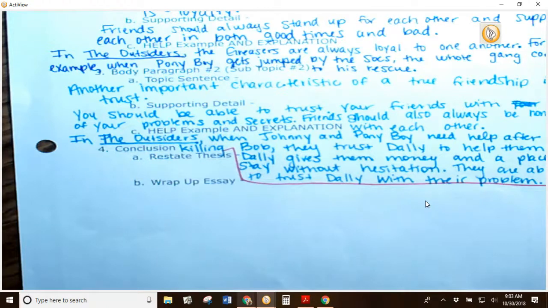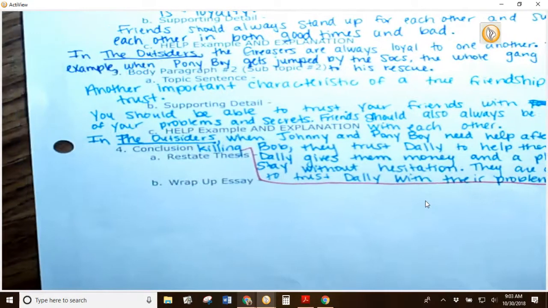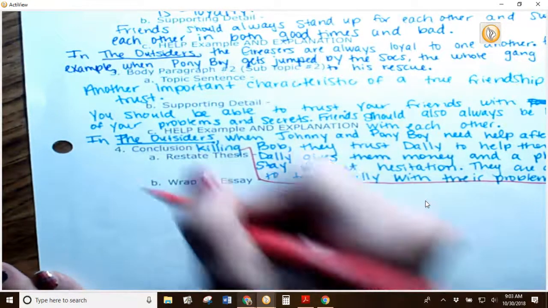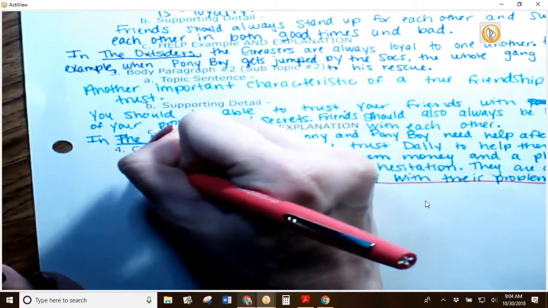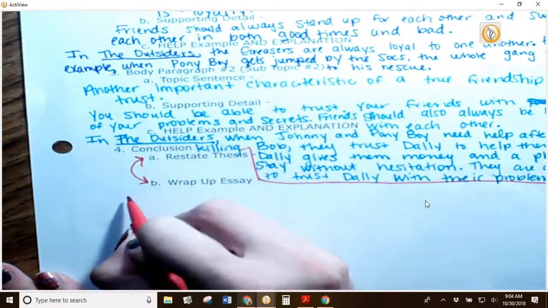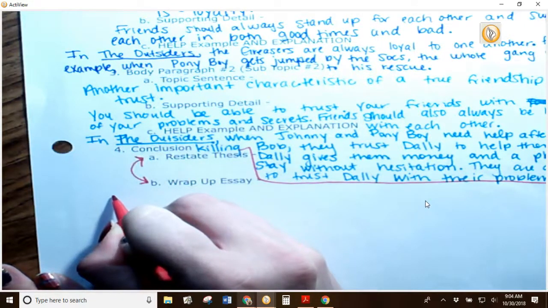Okay, so you could do something like this. So I'm going to kind of switch these. I'm going to do a wrap-up statement first and then restate my thesis second. Okay, so I'm going to do it down here. So here's my wrap-up statement. I'm going to use my truism again. I'm going to say,